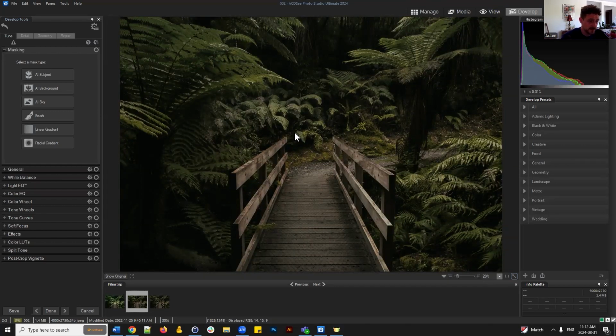Masking comes in different types. When we're masking something, we're going to make functionally a selection first of some form of criteria. With this mask type, when we open up develop mode, we're introduced to 6 different masks. So we can make a mask of a subject, which this image doesn't really have. It might have a subject in this case of the bridge, but subject just means the area that's in focus. Typically, a subject will be in the foreground, where your background will be in the background, obviously, but the foreground might be something that's in greater